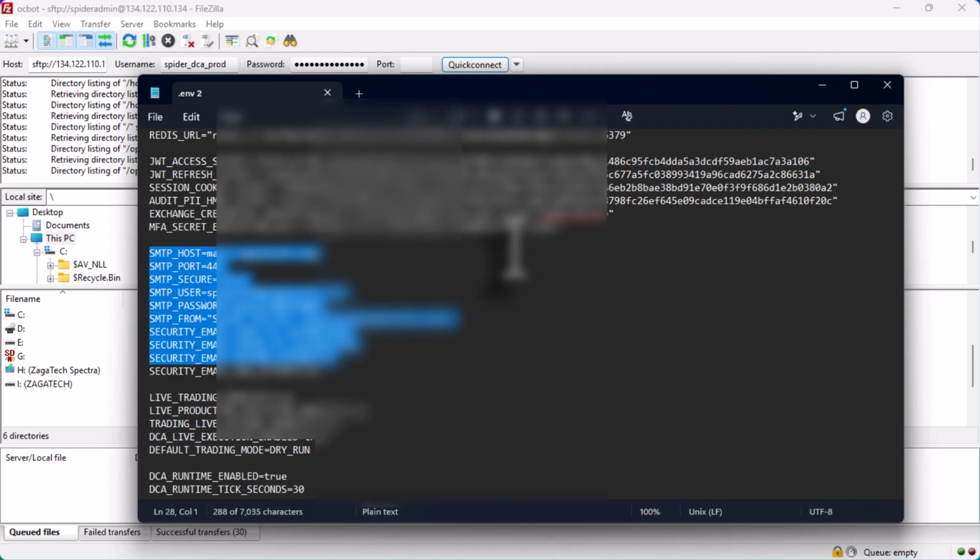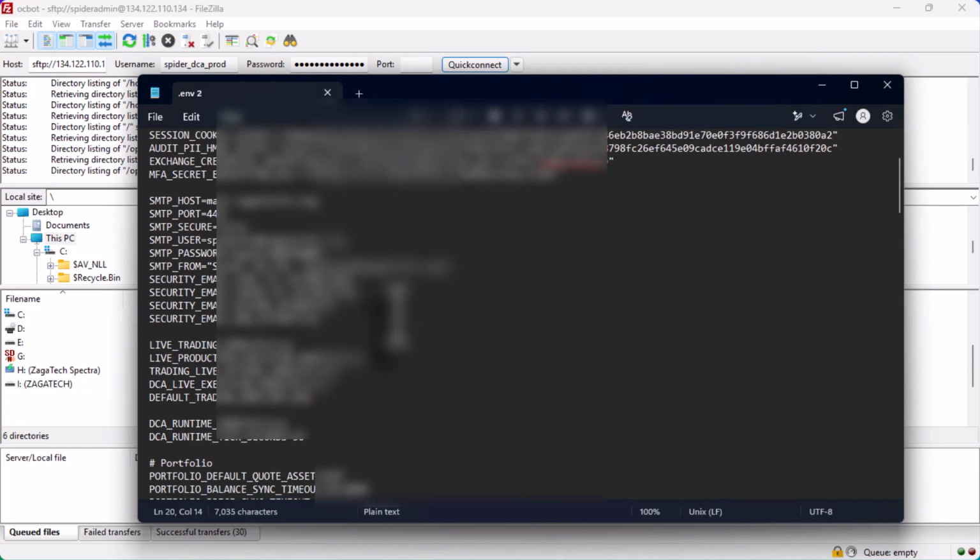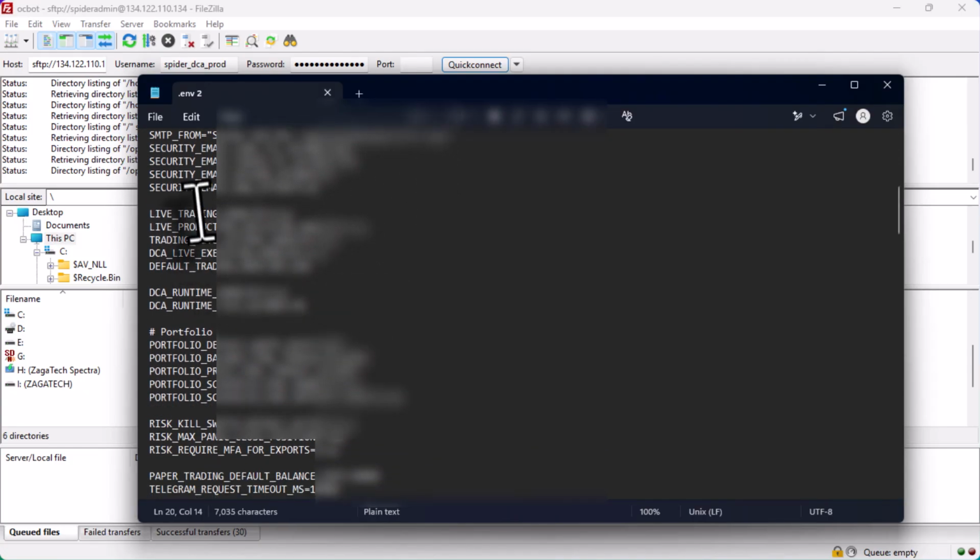during your installation, right? So this is where you now set your SMTP host, port, and secure, whether it is TLS or SSL, secure true or false. Then the username and the password of your SMTP, and where the email is coming from. This setup will help you in future where you want to maybe receive notifications or other functionalities in the application. After setting this up, you can come down here and set live trading to true, which